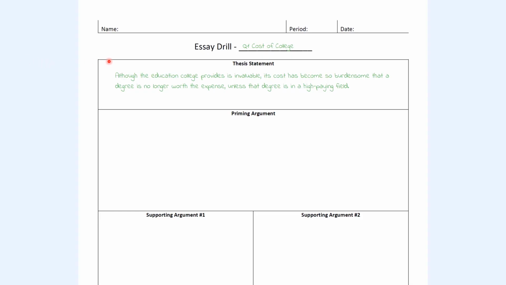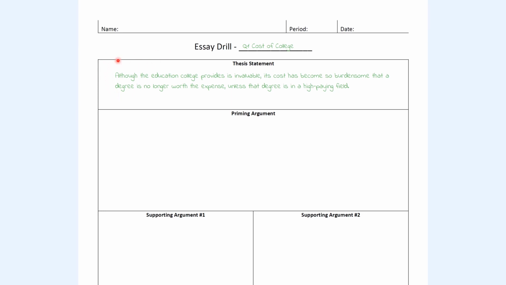And here's the thesis that I came up with here. Make sure that you always fill out the little blank at the top to note which drill you're doing. In my thesis here, I went a little bit of a different direction. And this just kind of happened organically, but I'm glad it did because I want to show you a different way of writing your thesis and conceptualizing how you progress through an essay.